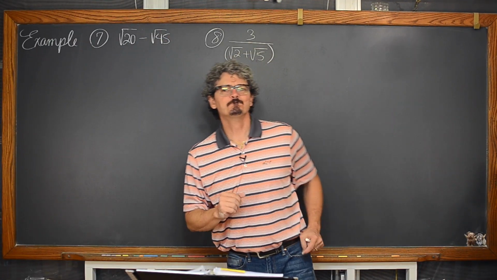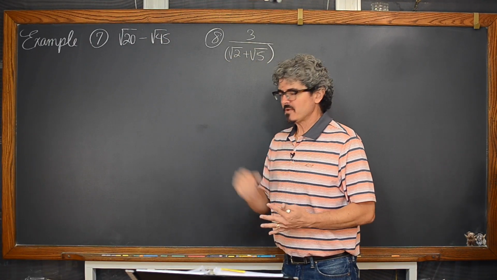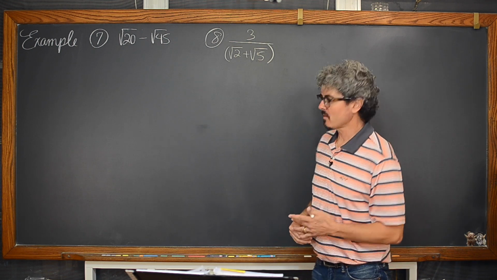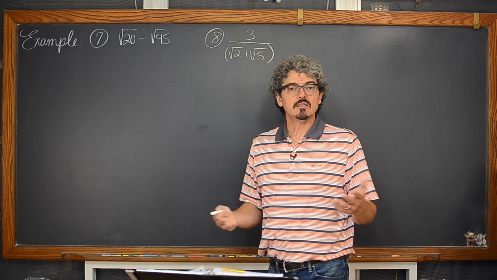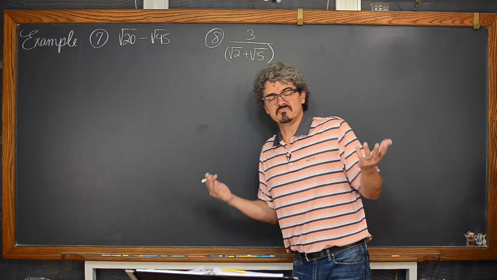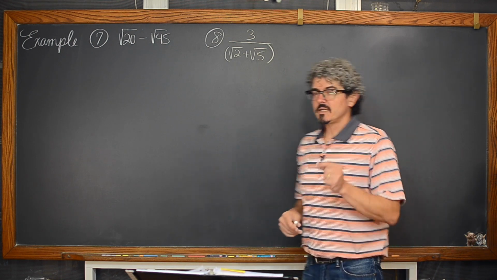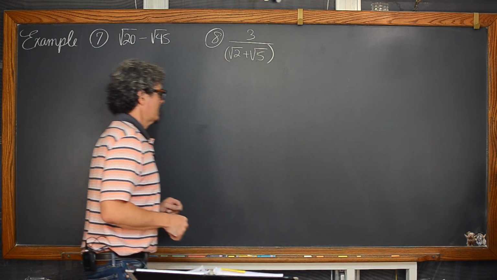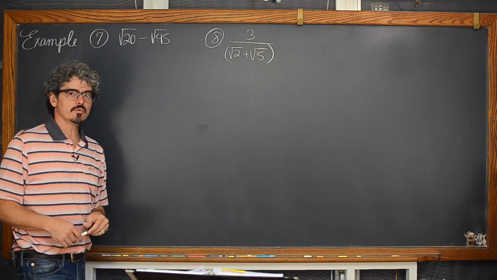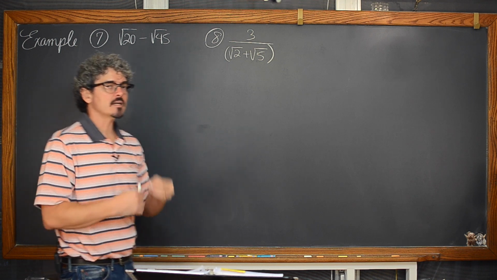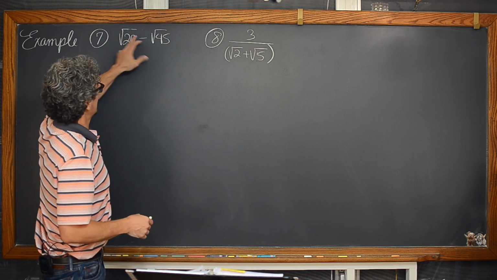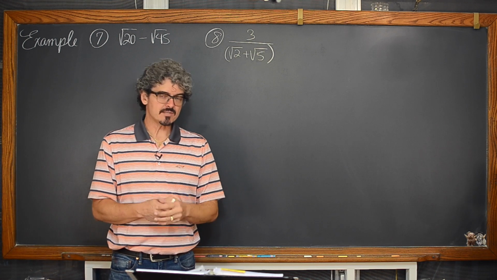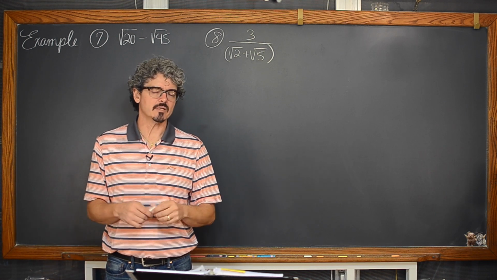Example 7. Now, as you saw with the properties of multiplication and division of square roots, it's a pretty straightforward situation, as long as they're both square roots, you can multiply or divide them. But adding and subtracting is a little bit more complicated. You cannot add or subtract square roots unless the number on the inside of that square root, of that radical, is the same. It doesn't matter if it's a power of 2 or 3 or 4, they have to have the same numbers on the inside, and the same index too.